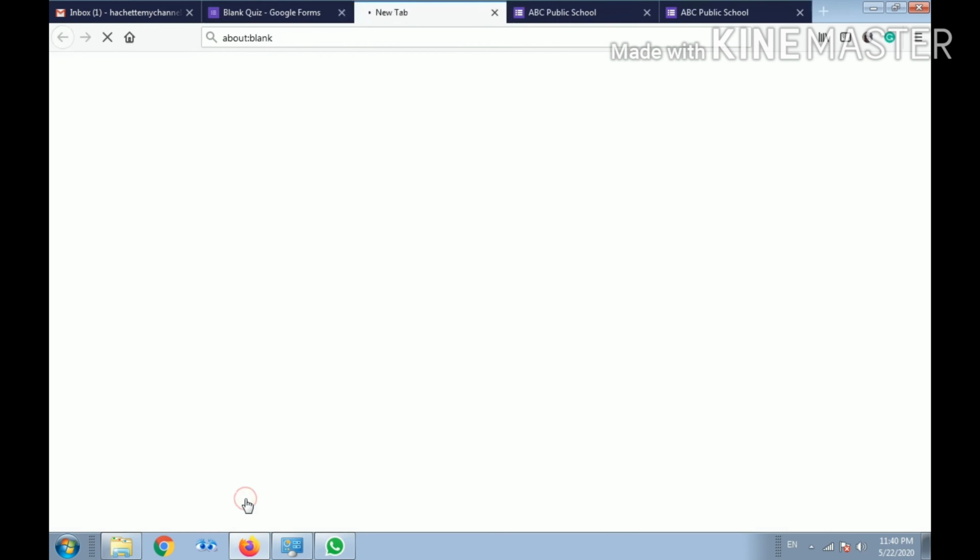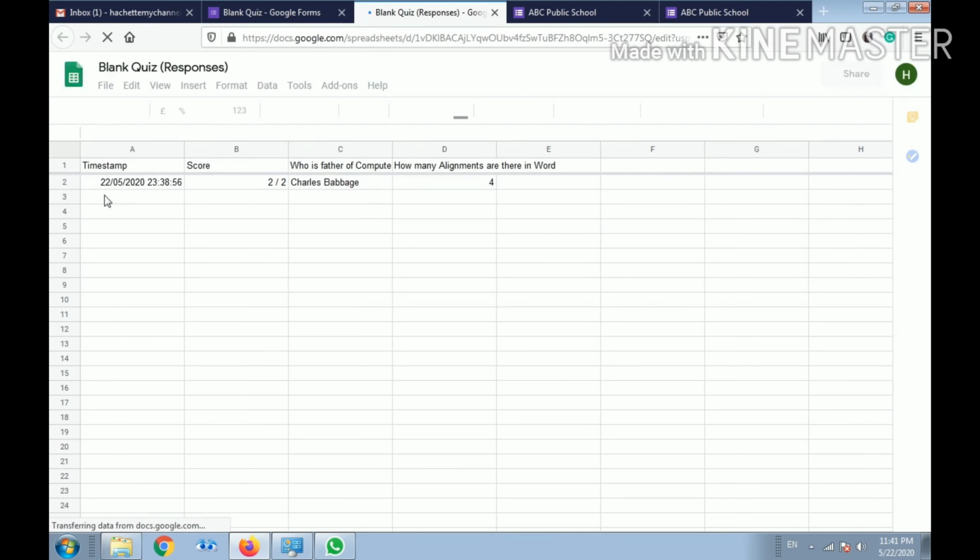Here we will click on the open button, and it will show in front of you the one record which I have filled. This is displaying at what time the student filled the form, how many marks he received, what is the answer to his first question, and what is the answer to his second question. Each and everything is displayed very well over here.